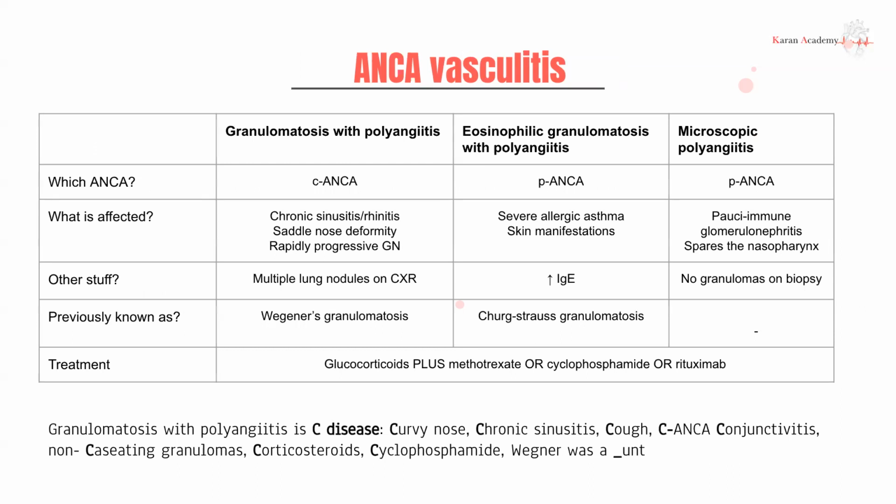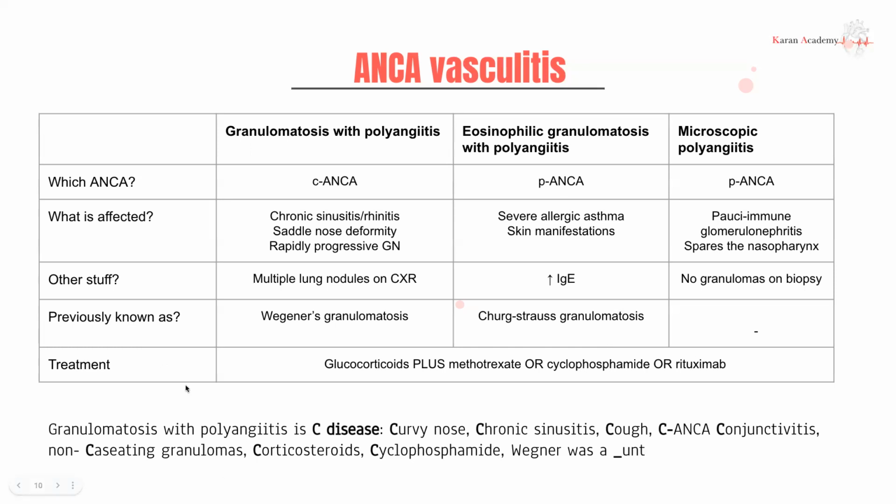So which ANCA is affected? I'm just going to call them Wegener and Churg-Strauss because I don't like saying this entire thing. The reason it's not called that anymore is because Wegener was a Nazi scientist, and we don't want to be naming diseases after Nazis, which is why it's not called Wegener's anymore. I'm not sure whether Churg-Strauss was also a Nazi, but I feel like with one being changed, they decided to change both. It's a bit of a rip for Churg if that wasn't the case, but anyway, sorry, getting back to it.